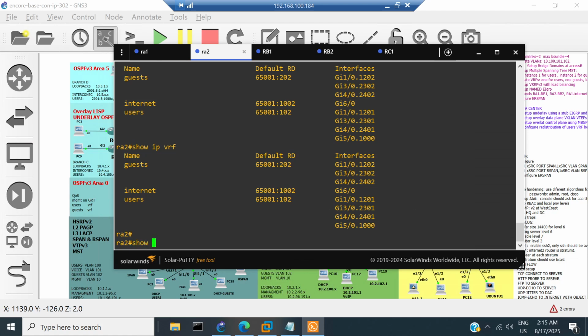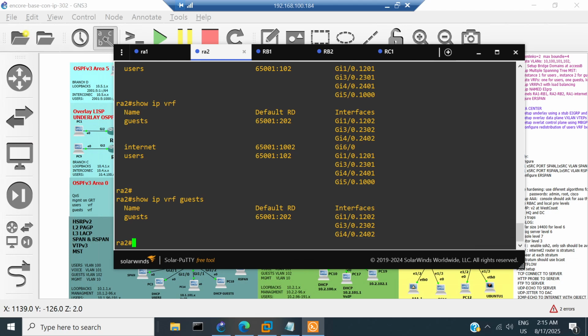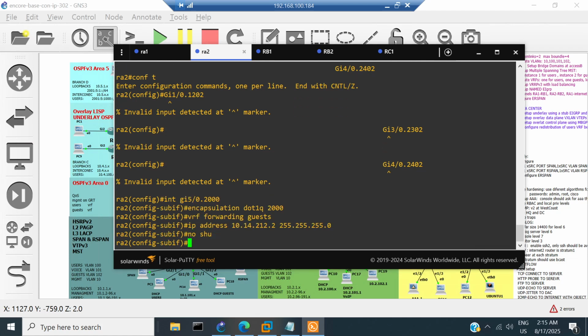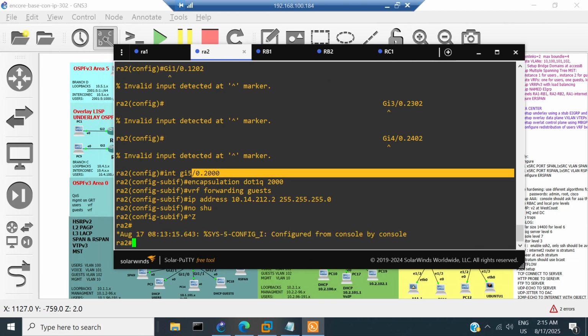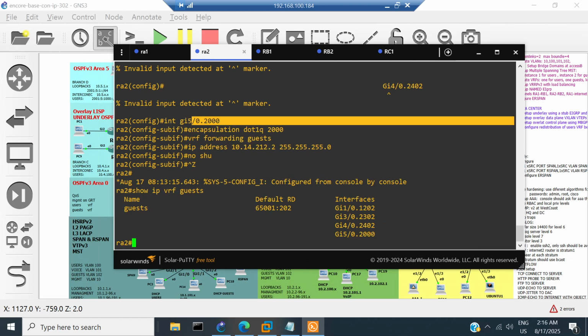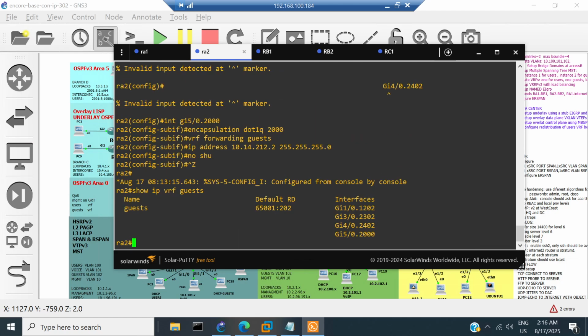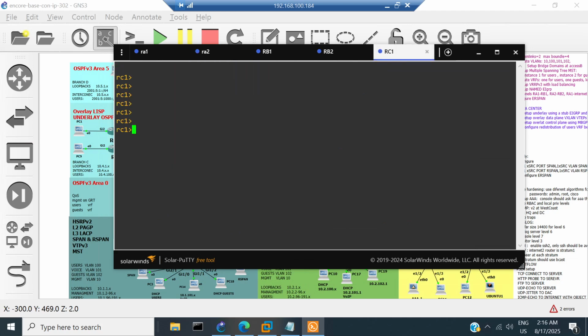Notice that if we do show IP VRF guest, we only have 3 data paths. So let's configure a new one. So this would be the new path for the VRF to connect router A2 to router C1. If we issue this command again, now we see this data path was not shown here. Now it is set up. So let's go to router C1 and do that. Let's set up,